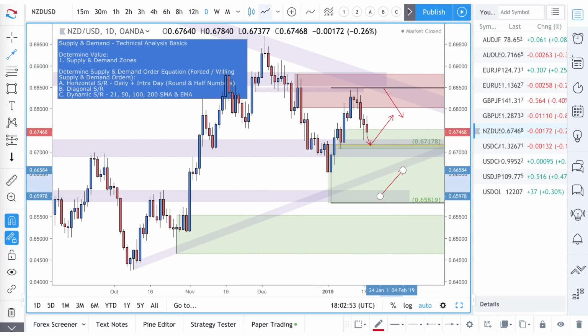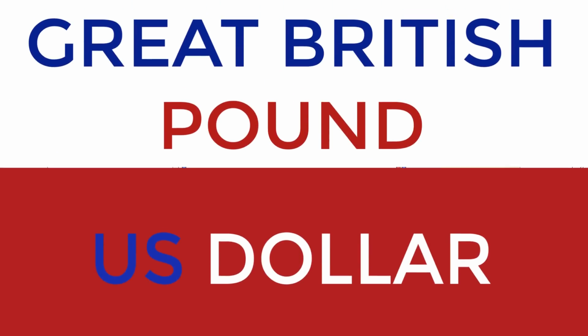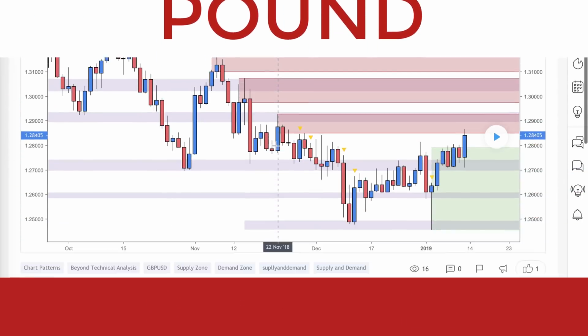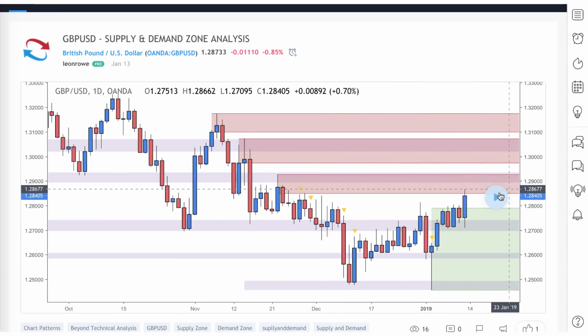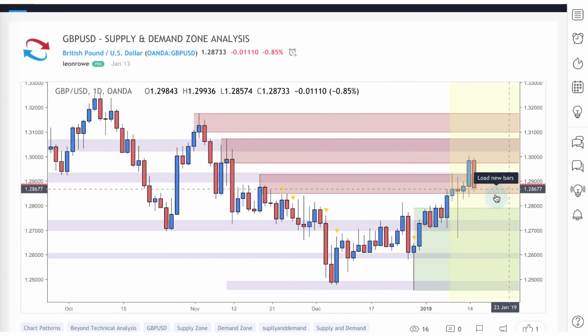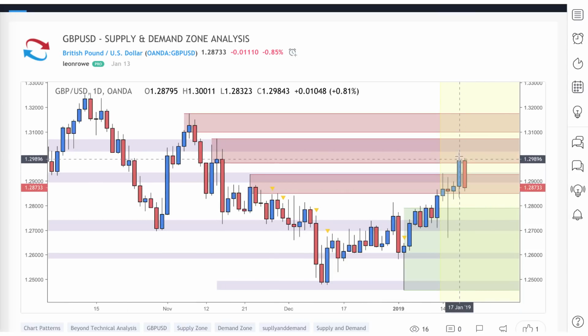Looking at now the pound dollar, and the pound dollar is another trade that I got into. Took 2 trades this week, and prices ended up coming up and then selling off, right? So they didn't respect this supply zone. Actually, matter of fact, it did, and I didn't get into this trade, which I really wanted to, but I